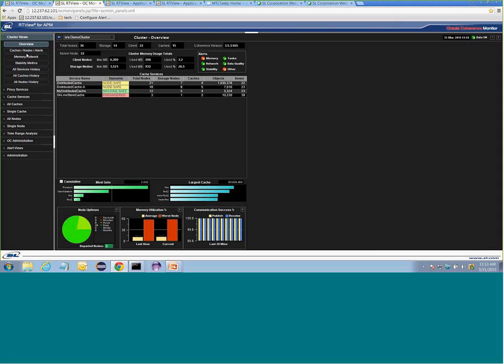So this gives you the ability to analyze across many services the amount of CPU they're using across this heterogeneous cluster. You get one other major feature that I'd like to point out, which is the ability to look at your cluster and understand what those items are. You can see both the service name as well as the location of nodes within the cluster or the service, as well as the storage nodes and the cache nodes. This gives you the ability to see how many are actually being used on each cluster.